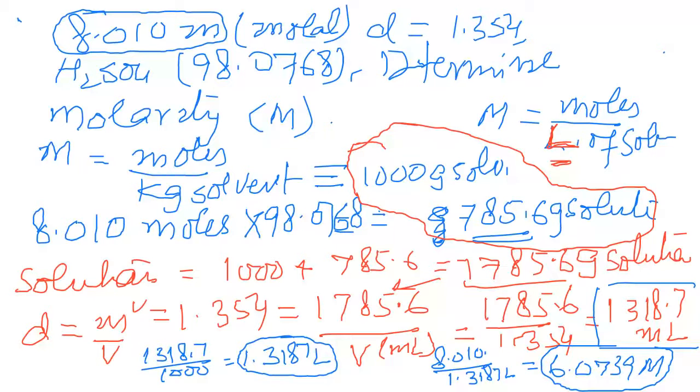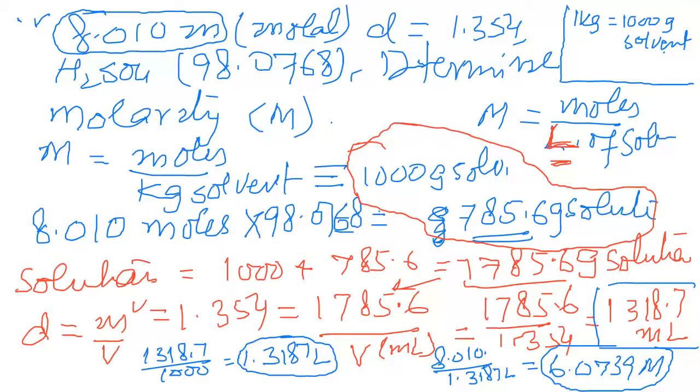1 kilogram of solvent means 1000 gram solvent. That is the solvent, and the solute you take from this molality. If you have solute and solvent, you add both, you will get solution. Then molarity is per liter of the solution, right? So for that, mass in gram changes to liter, use the density formula. And you will get milliliter, then milliliter change to liter, to put all these parameters into the molarity formula.